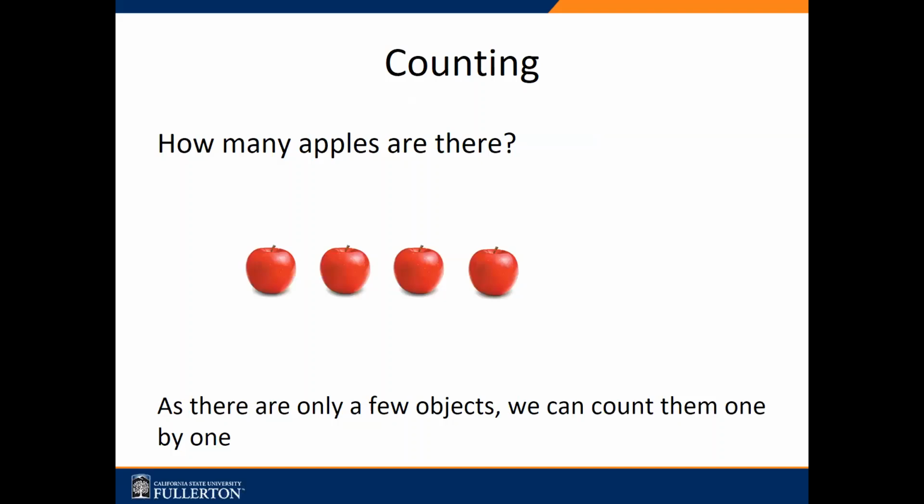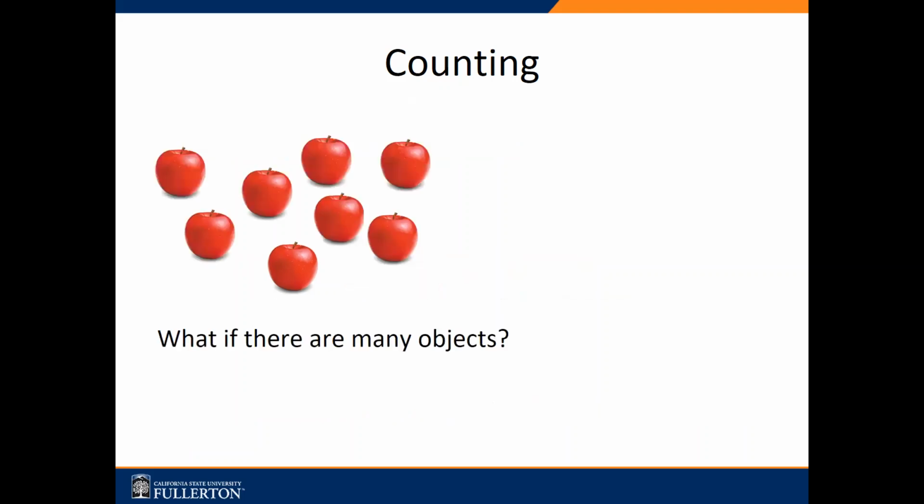If I ask you to count how many apples there are, it's easy enough. There are only a few objects. We can count them one by one, like so. But if there are many more objects, then it gets more difficult. But if we arrange the objects in a regular pattern, like